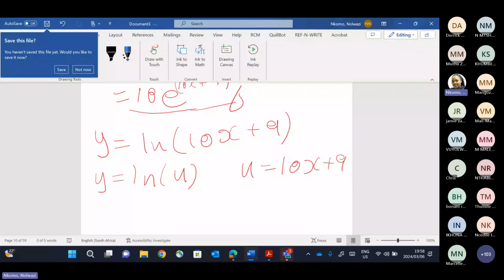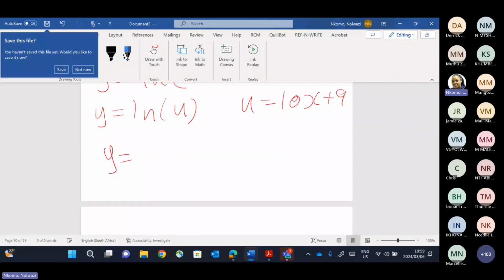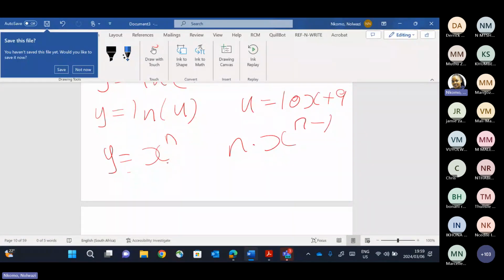Then after the application, we'll do the inverse of this section. Like first we have y equals x to the power n, and we said the derivative is n times x to the power n minus 1. In the inverse, we'll be given maybe